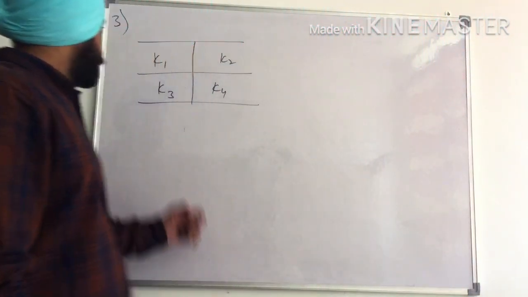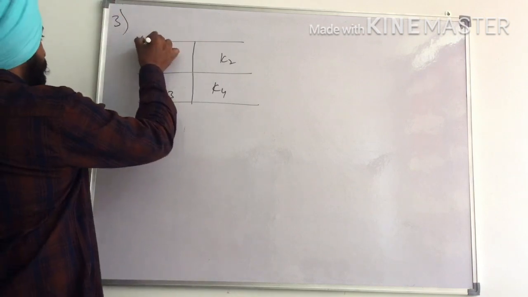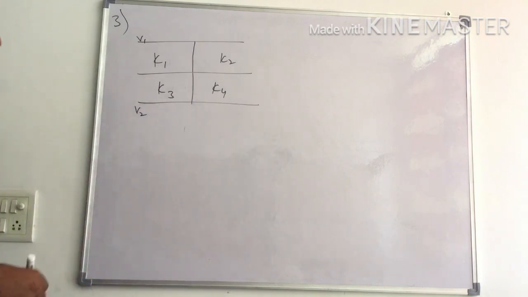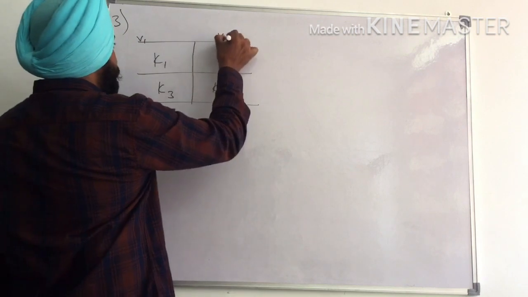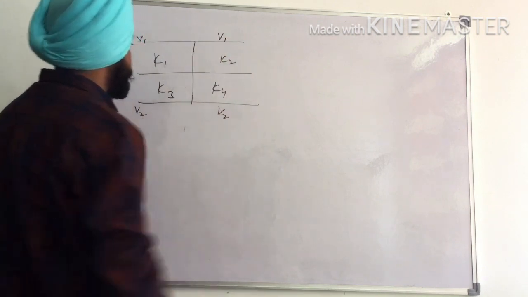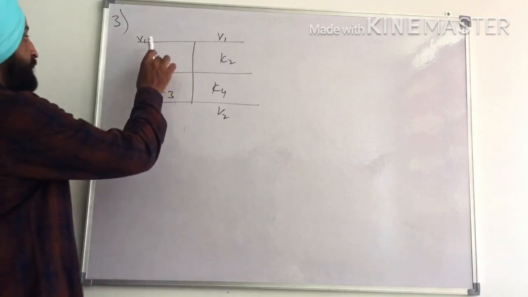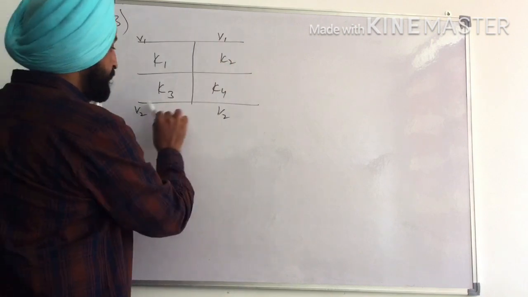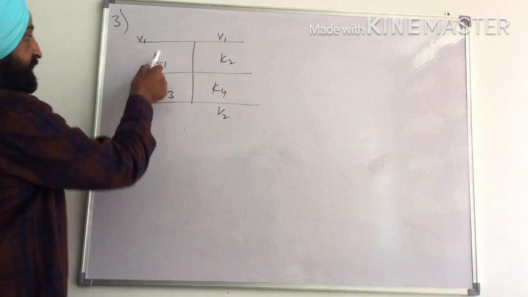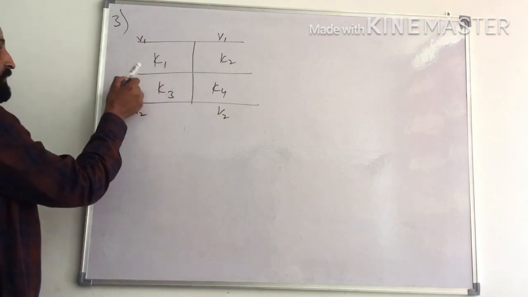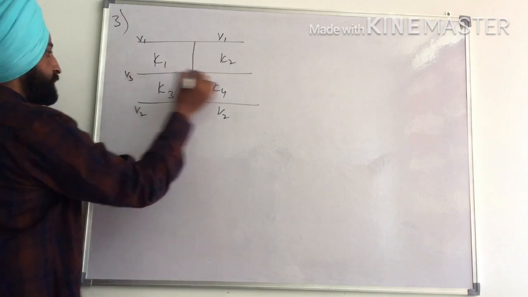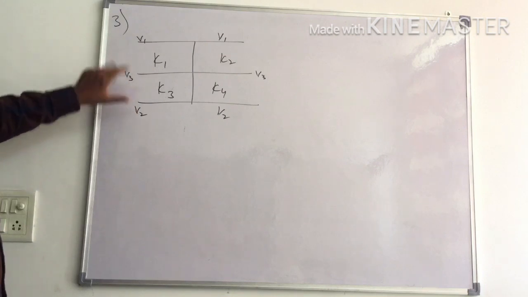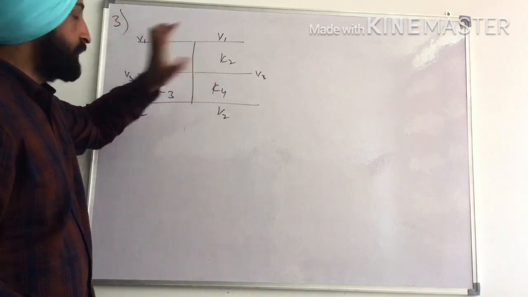Now again, see, if here potential is V1, it will remain V1 over here, and here if it is V2, it will remain V2 over the entire surface. So V1 here, V1 will also be here, V2 here, V2 will also be here. So now we can easily see that these two capacitors will be connected in parallel. Similarly, these two will be connected in parallel. But these two are in series. Why? V1, it will have some other intermediate value, let it be V3. Similarly, it will have some other value, that is V3. So V1, V3, V3, V2. So these two are in series. Similarly, these two will also be in series.